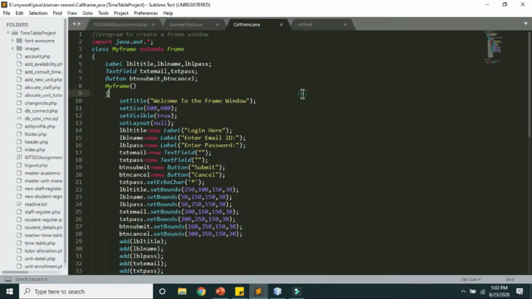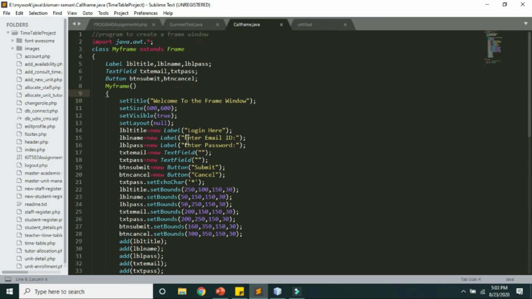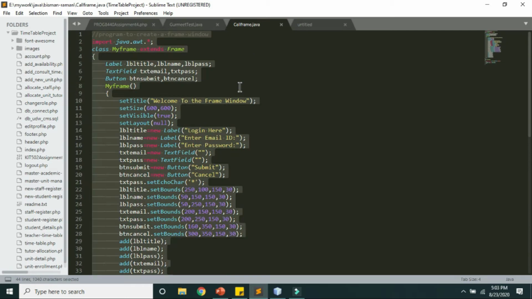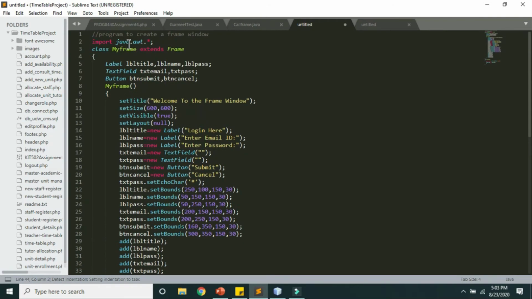Just a second. This is the frame window I created in the previous video where I designed a login form. I'll update this, so I'll copy this code and move it to a new file. Then I have to change this to javax.